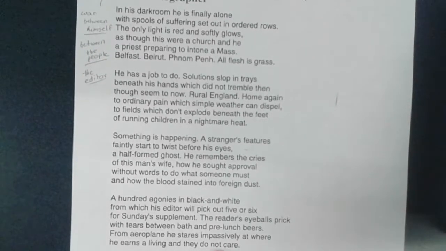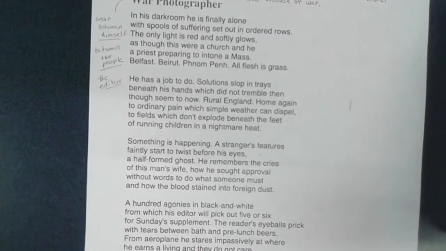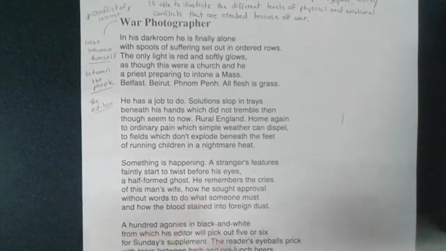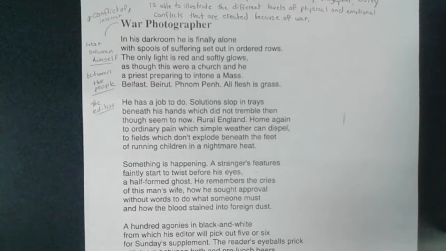And to go with the inner war of the photographer is the theme, where we think that, for sentimental reasons, sometimes one has to be impassive in order to deal with emotional events. At the end of the poem, he stares impassively at the photos, which means he's neutral to them. But early in the beginning, his hands tremble as he sees them, and that's really a war between himself